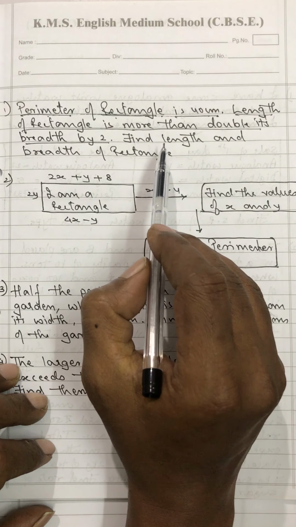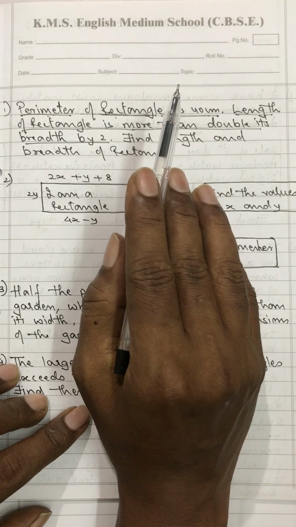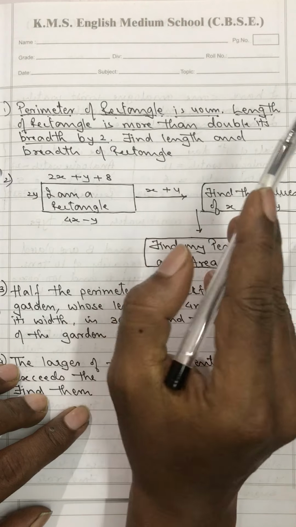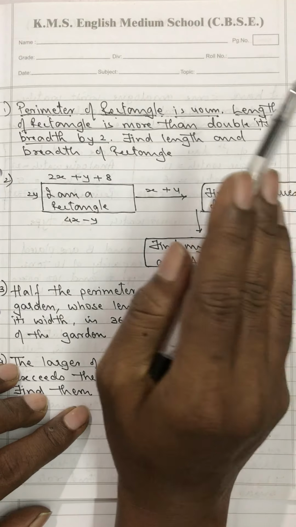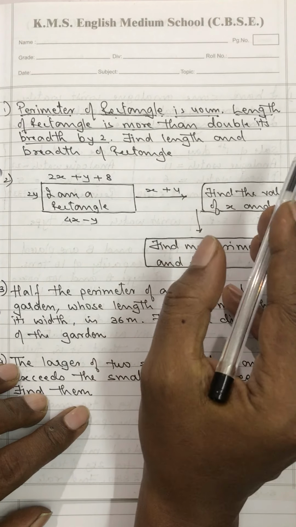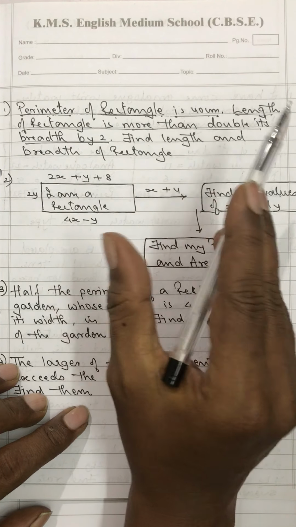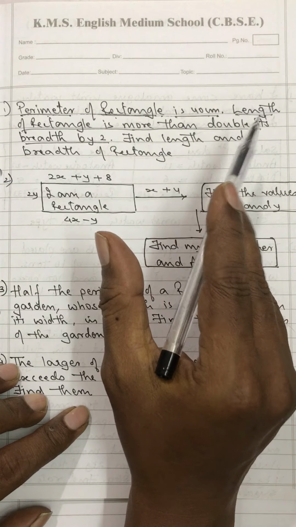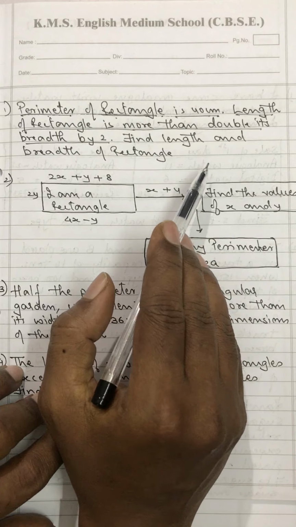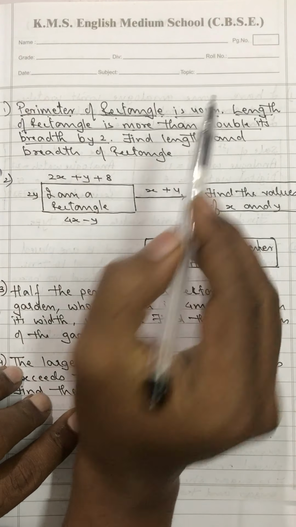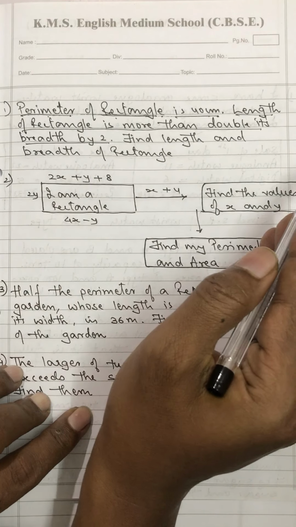See, you have to understand that there are at least two different divisions. One division will give you one equation, the other division will give you the other equation. Not necessarily every time they are present in two different divisions. They can be present in the form of a property also. One division will be present in the form of a comparison, and one in the form of a property, or sometimes in this case both of them are present in the form of divisions. Perimeter of a rectangle is 40 centimeter. Length of a rectangle is more than double its breadth by 2.